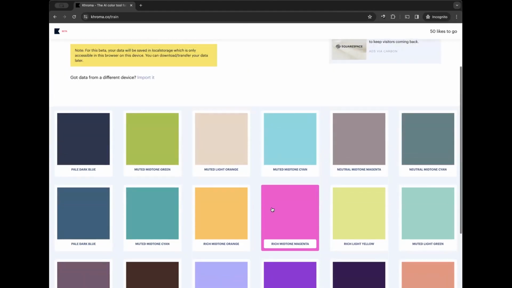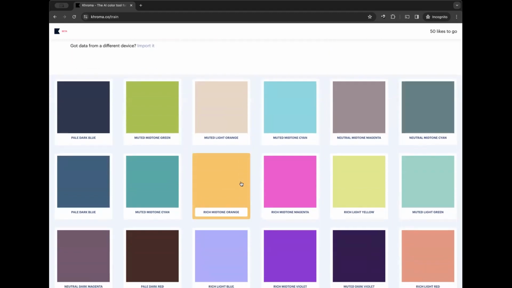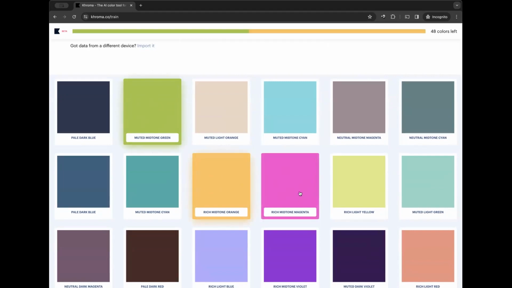As I'm doing this, please go ahead and select 50 colors of your choice, right? We're going to have different results. So go ahead and select different colors. For example, on my screen, I have this green. This green looks good for me. This rich mid-tone orange looks good for me. I'm not choosing magenta. It's too bright. I don't think it talks to the brand I'm trying to build, right?